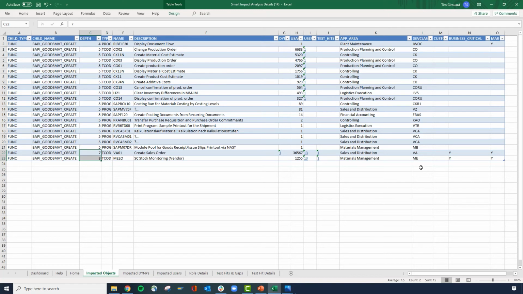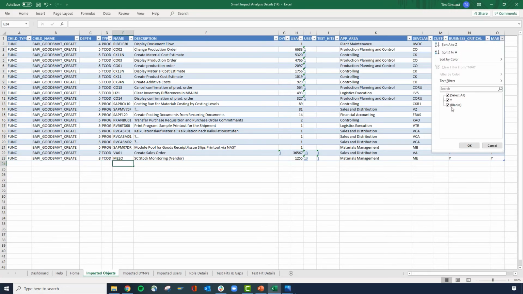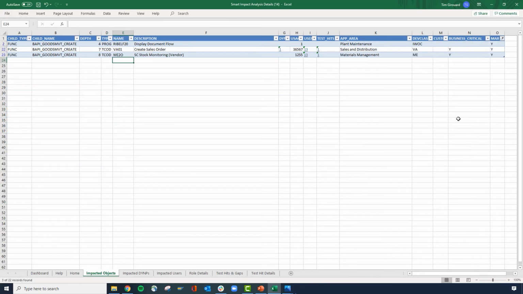The reason those are most at risk is because VA01, create sales order, and ME20, stock monitoring, are both business critical transactions. So like I said before, if your transaction or whatever your executable is, is assigned business criticality, it automatically gets assigned most at risk status if it's impacted in any way, regardless of usage and regardless of depth. So a lot of folks will sort or filter this report by most at risk, and then make sure that they have some test assets to cover those most at risk